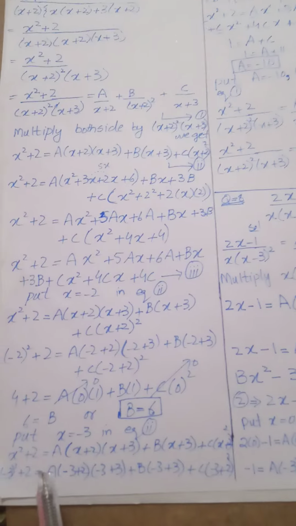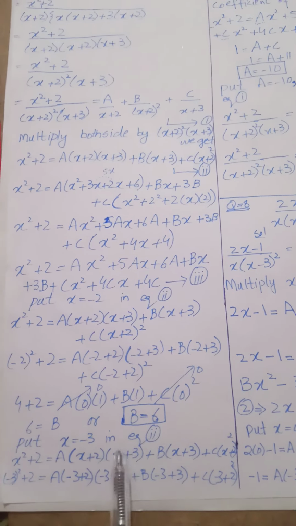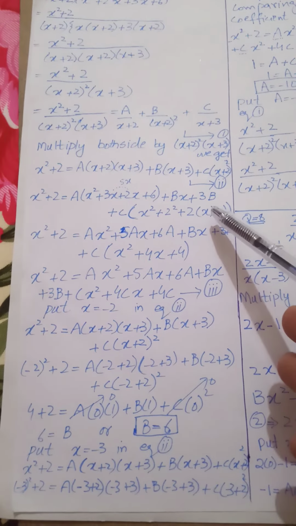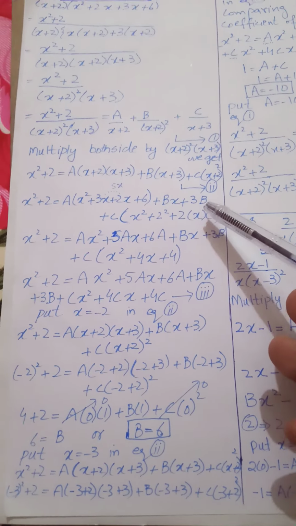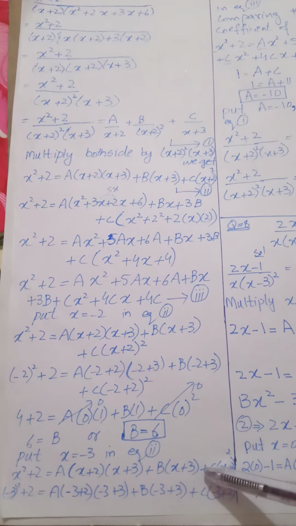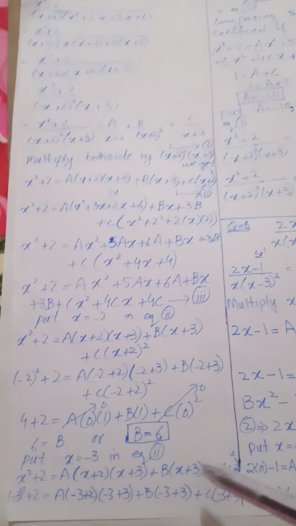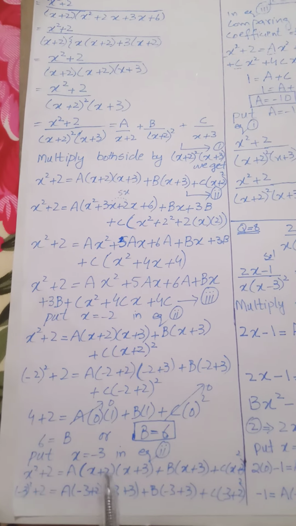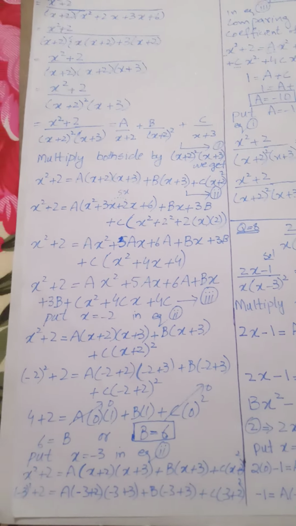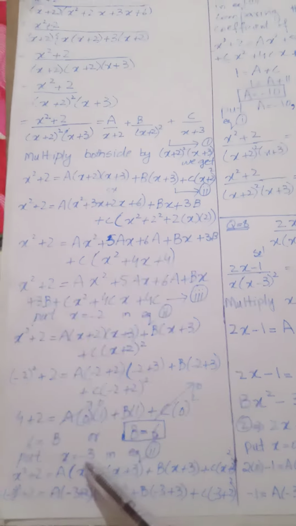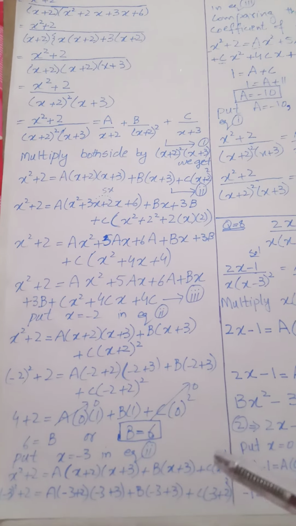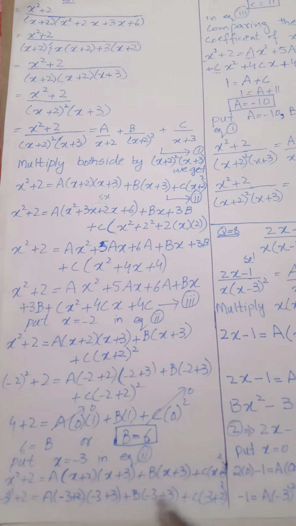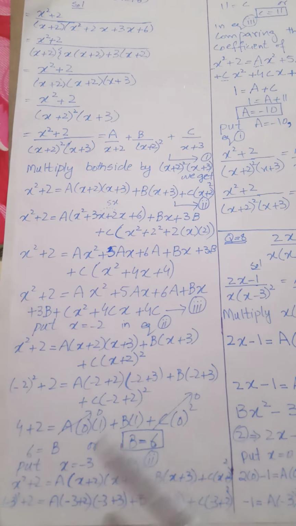Now we can put x is equal to minus 3 in equation 2. This is equation 2. We can write it over here, so this will be easier for us. This is x square plus 2 into ax plus 2. This is the same equation number 2. Now we can put x is equal to minus 3 in each value, so you can see that